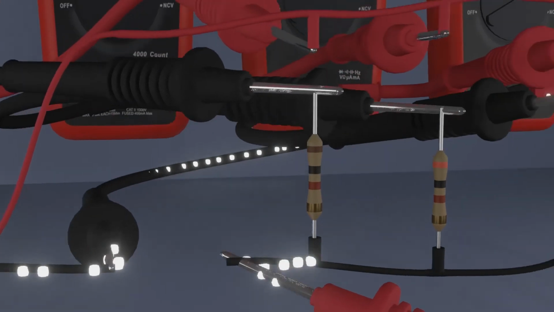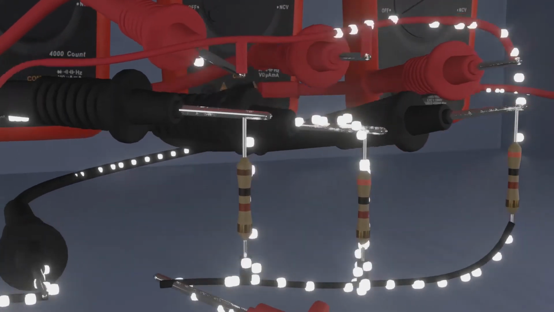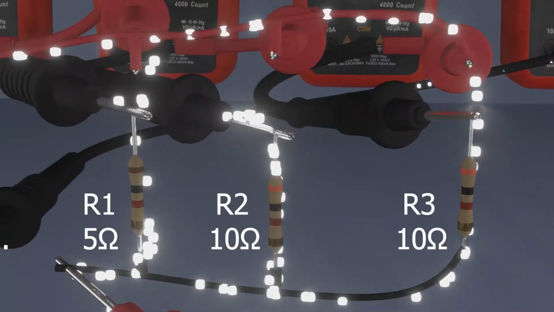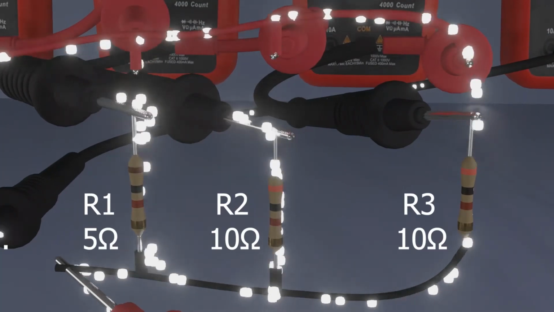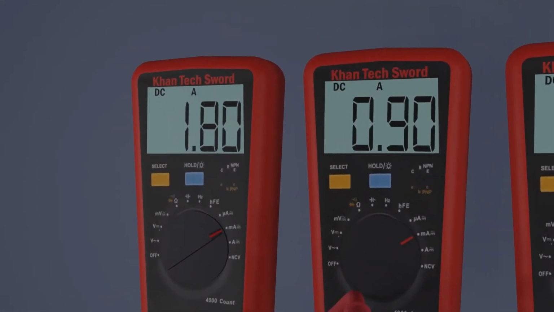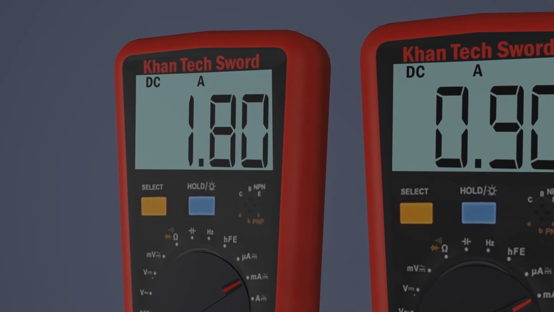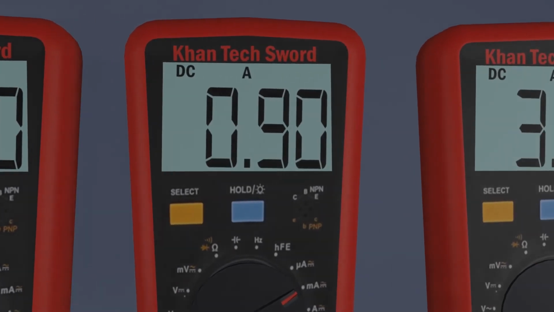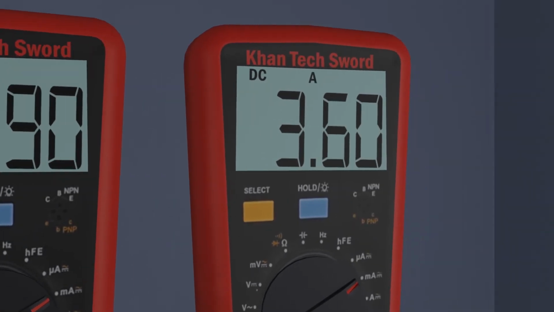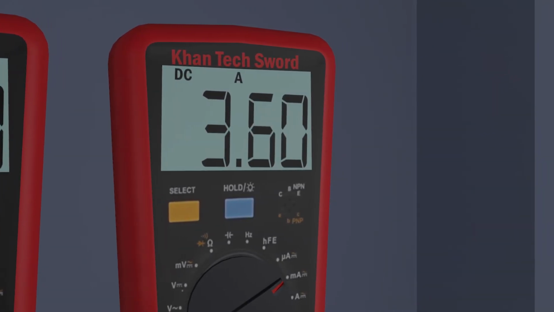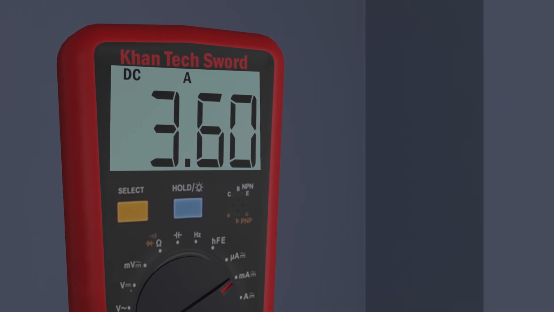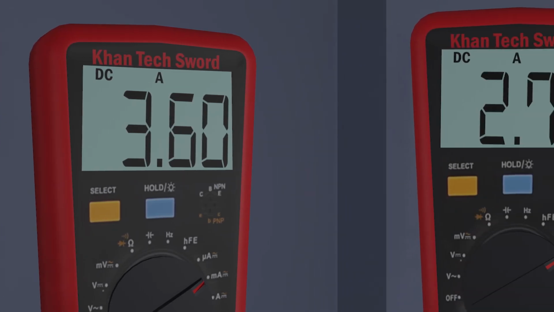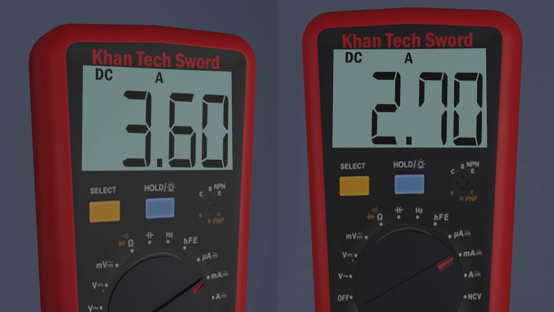Now let's add some more resistance of 10 ohm. Then we have R1 5 ohm, R2 10 ohm and R3 10 ohm. And branch current across resistor R1 is 1.8 amps, and branch current across resistors R2 and R3 is the same, 0.9 amps. Because the values of R2 and R3 are the same, the total current of the parallel circuit is increased to 3.6 amps from 2.7 amps, because adding more resistance in parallel provides more paths for current to flow.